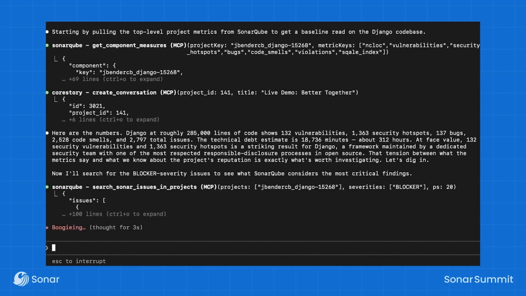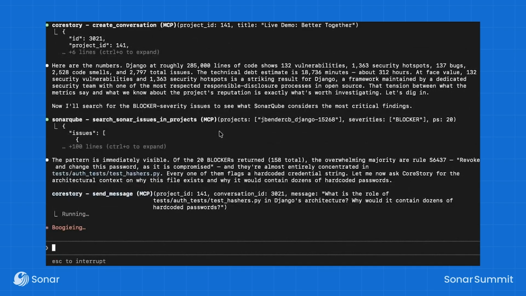132 security vulnerabilities, over 1,300 security hotspots, nearly 2,800 total issues. Those are real numbers from a real SonarQube analysis. And if you're looking at a dashboard like this for a project you just inherited, or a code base you're evaluating for acquisition, or an application your team is about to start building on top of, that's a lot of findings to work through. The agent goes straight to the blockers,